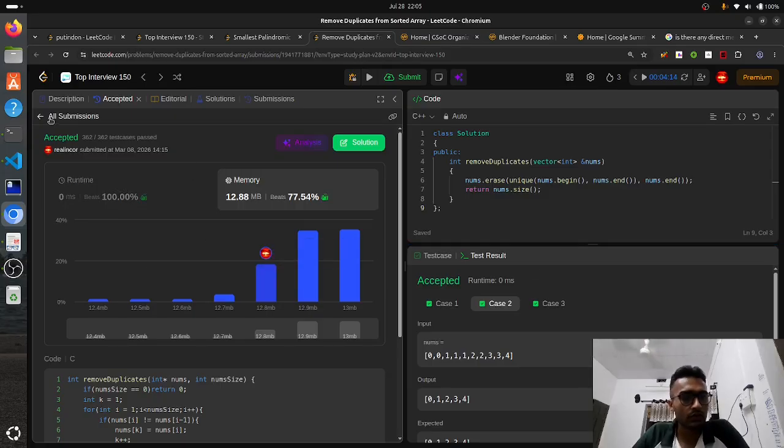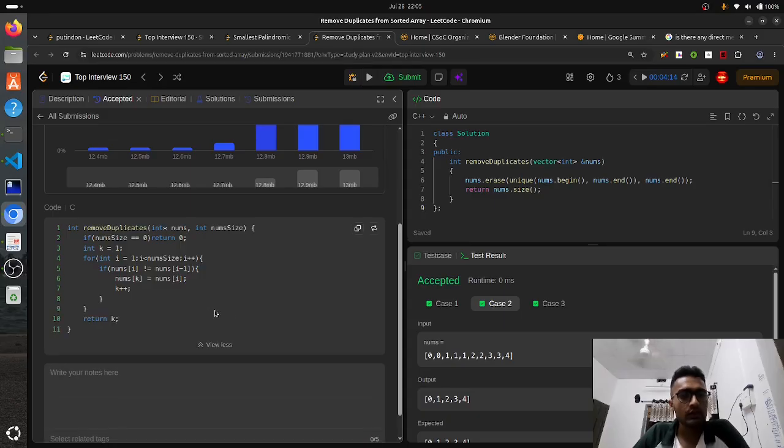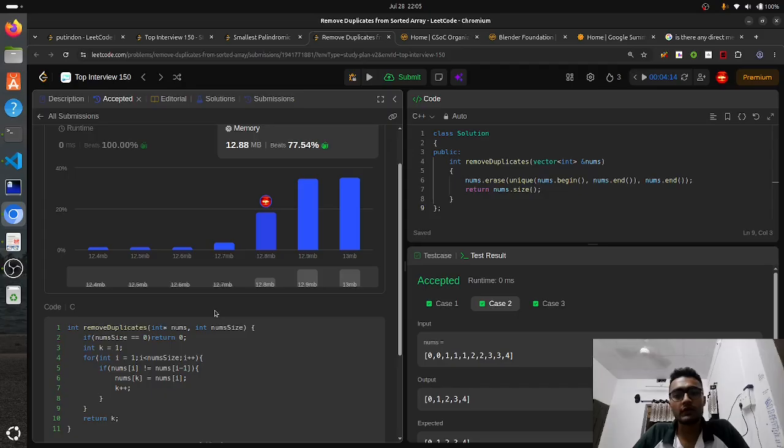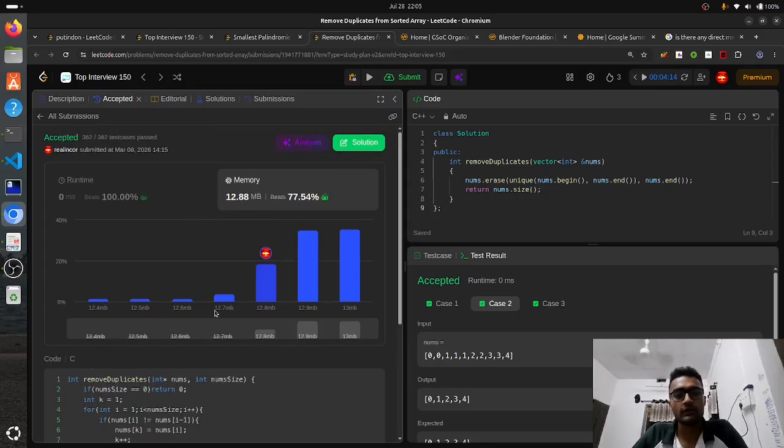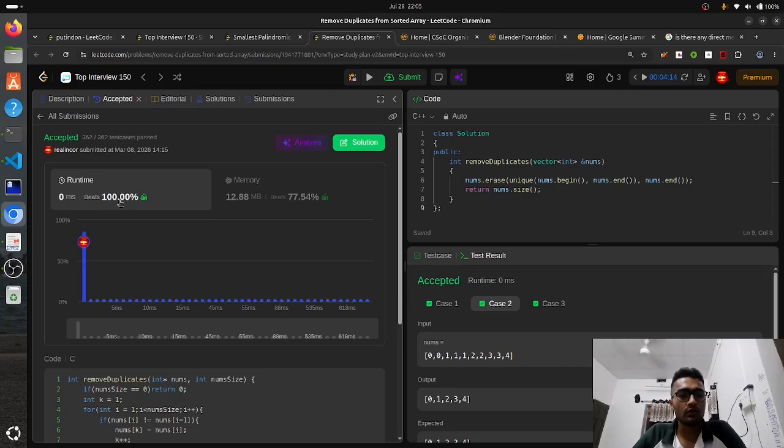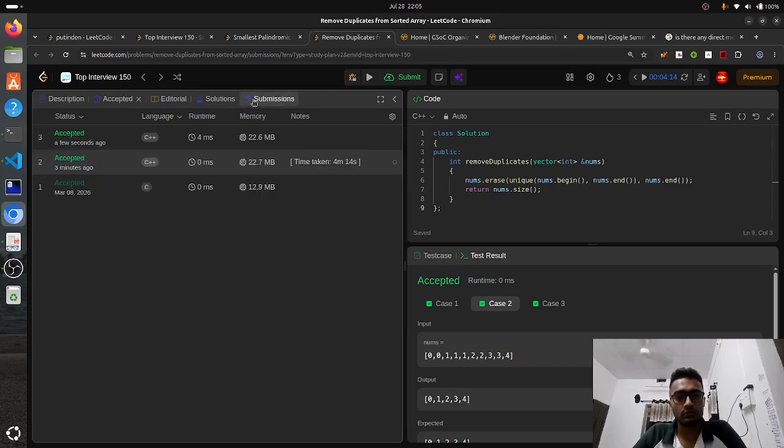What was the code that I actually submitted back then? I think this was the code. I mean, C is obviously much more low level, so C should be much more efficient as compared to C++. Obviously C++ uses much more memory as compared to C, but yes, C++ is a higher level